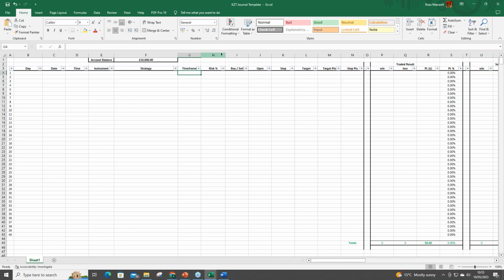You want to detail how much risk you put on each individual trade, so you can actually work out if you're over risking. Make sure you're risking consistently, especially towards each strategy. That's really important, because it will flag up any discrepancies in your consistency and risk, or if you're over leveraging. If you start having loads of trades where you're risking 3, 4, 5%, then that's an area that you need to focus on.